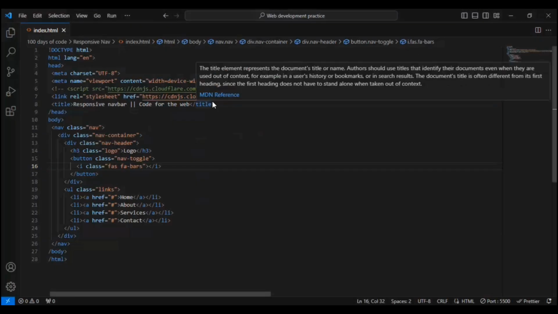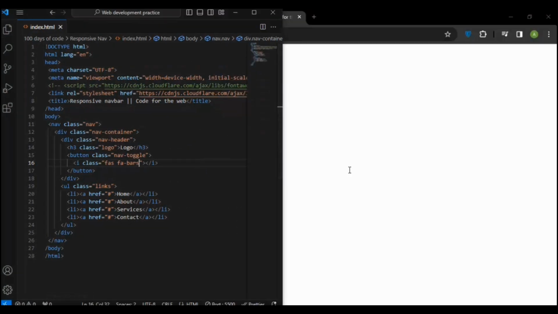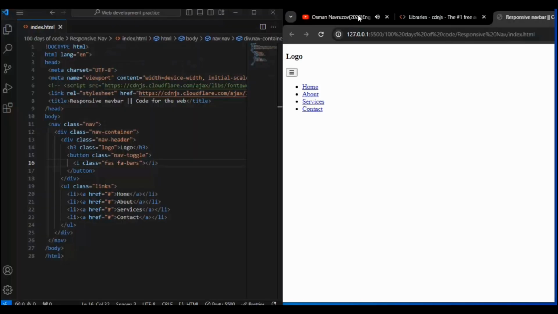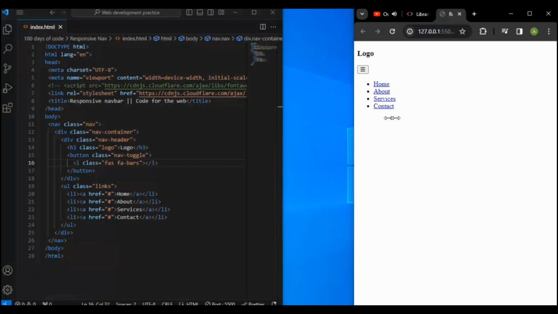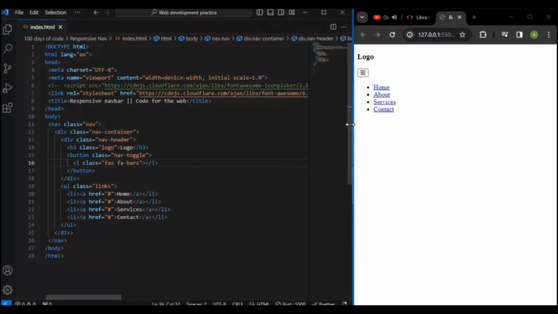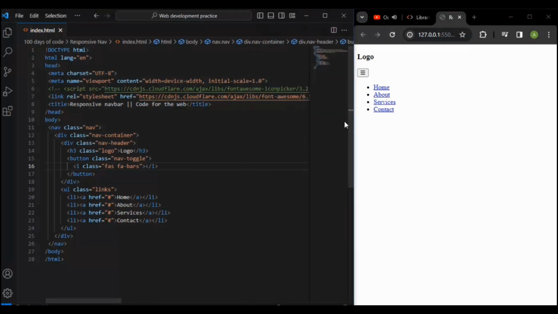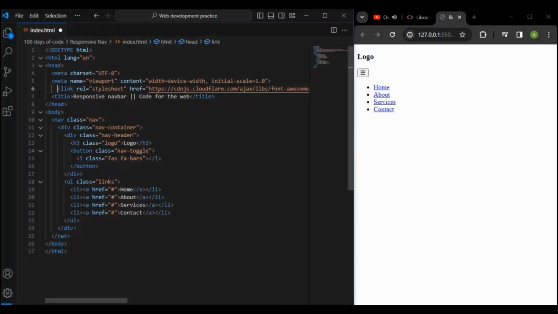Now I'm going to set the windows side by side. So press Windows plus left arrow and Windows plus right arrow, so it will go side by side. Okay, so we'll remove that old link,